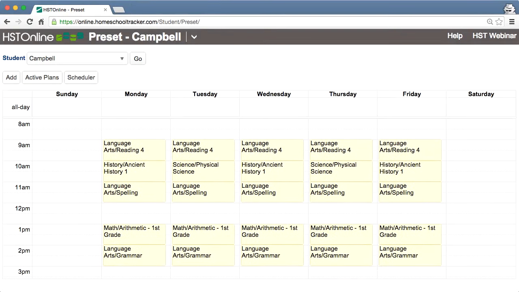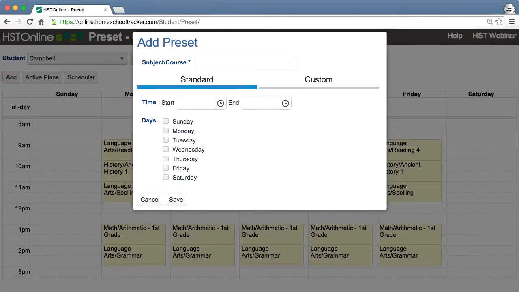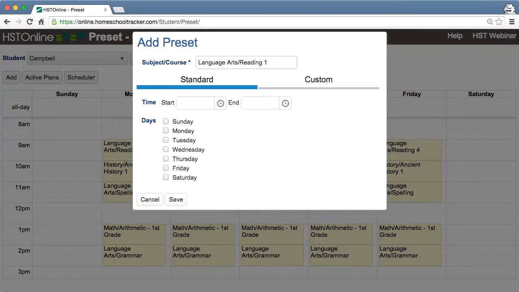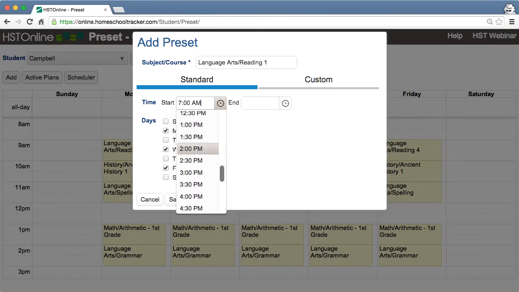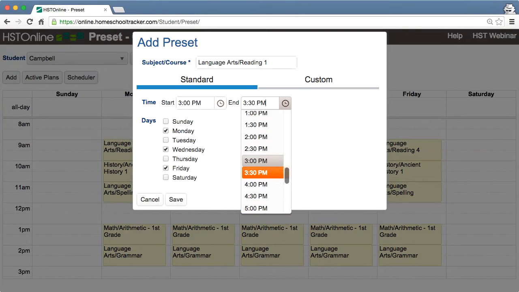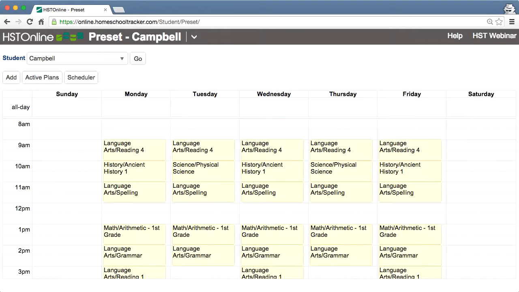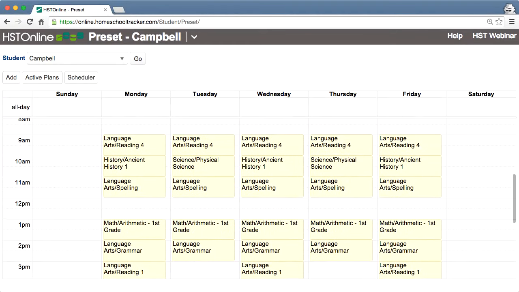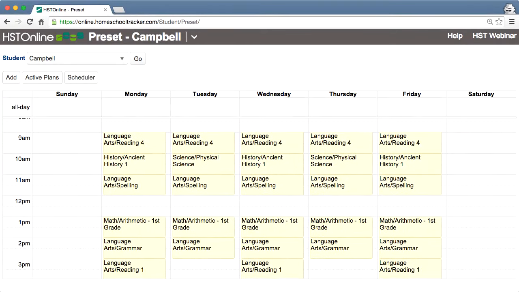And you can create presets, just click add, choose which course you want that preset to exist. So let's do reading 1, since we just brought that lesson plan in. And let's say that's going to occur on Mondays, Wednesdays, and Fridays from 3 p.m. to 4 p.m. Save that. So you can see how reading 1 now occurs Monday, Wednesday, and Friday. This will all make sense in a minute, I swear. So now if I go to the scheduler,